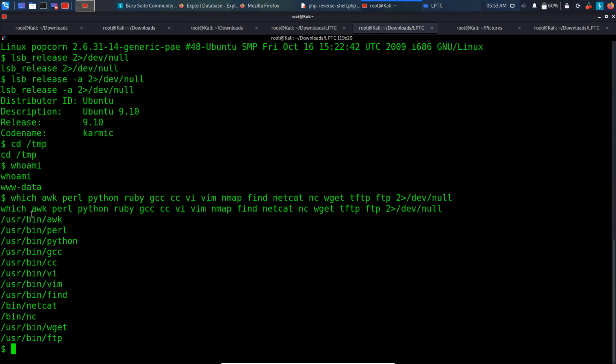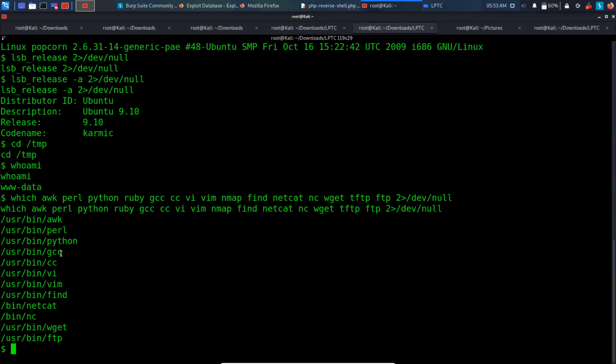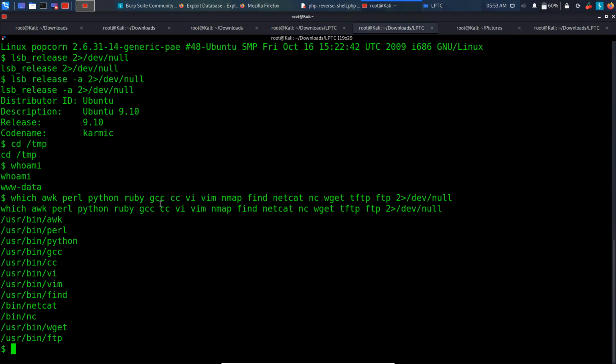So the people who are preparing for OSCP, I will share this command in the comment section. This command helps us to know if the compiler is available or not. So we know that the GCC compiler is available, and we also know that the kernel is vulnerable. So it probably means 90% by now that we need to exploit a kernel vulnerability.